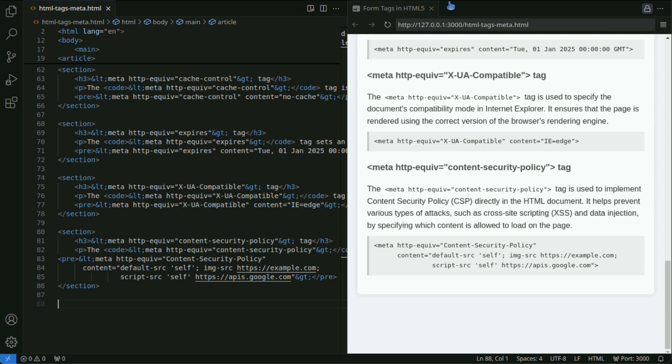img-src specifies the source for images. You can restrict the loading of images from external sources. Connect src specifies the URLs allowed for XML HTTP requests and WebSocket connections. This ensures the security of external API and WebSocket communications. By combining these directives, you can build detailed policies for resources on your web page.